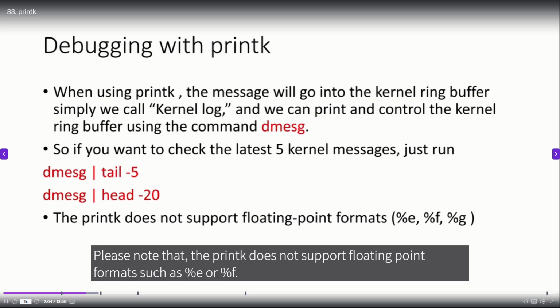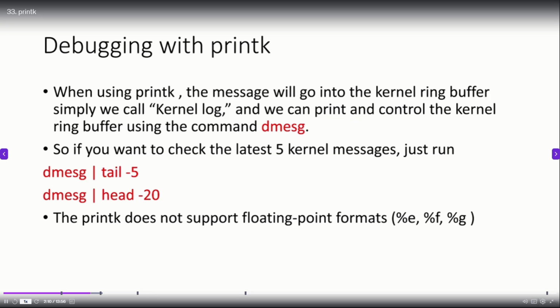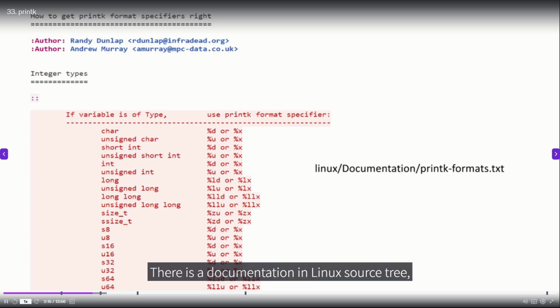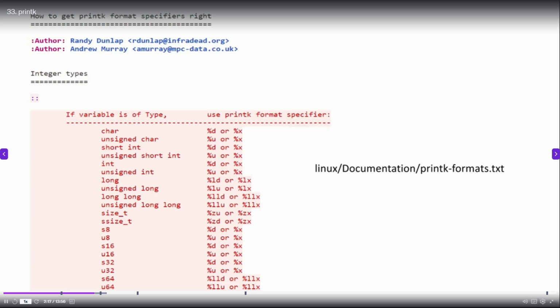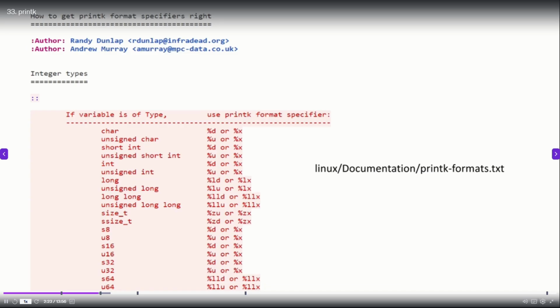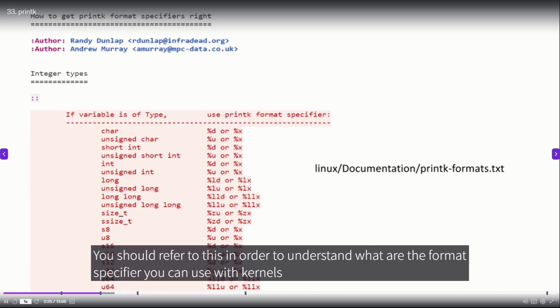Please note that printk does not support floating point formats such as %e or %f. There is documentation in the Linux source tree. The document name is printk-formats.txt. You should refer to this in order to understand what format specifiers you can use with the kernel's